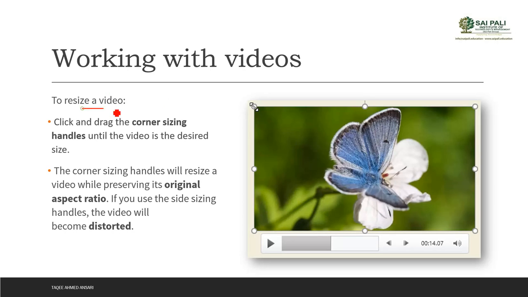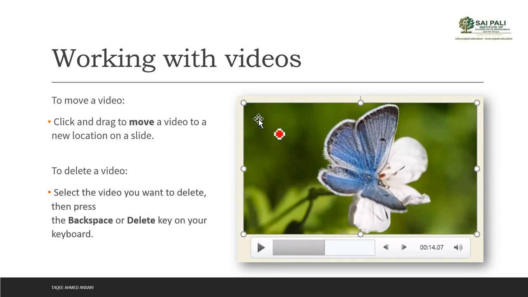Then you can resize the window size. Now when you add the window, it is just like a normal picture or shape, so you can format it as a shape or as a picture. Also you can resize this. You have these resize handles here which you can use to resize, but remember these corner handles resize according to the aspect ratio. So when you shrink or extend the video size using these, it will maintain the aspect ratio. But if you use these side handles, then it can distort the video because it will change the aspect ratio. So be careful when you resize this.